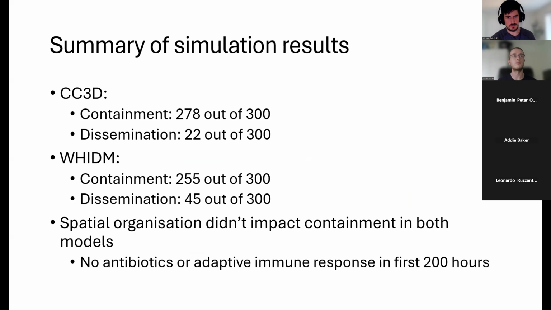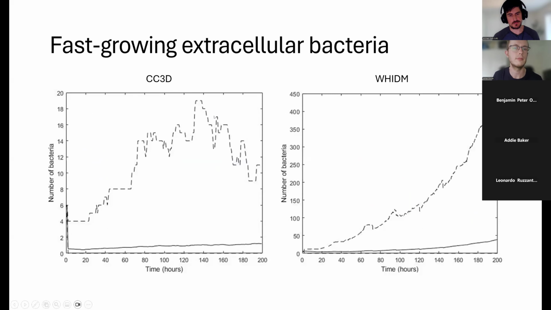So our hypothesis, therefore, is that these are the main things that will make spatial organization important in determining whether containment or dissemination occurs, rather than just the initial innate immune response and how easy it is for newly recruited macrophages to get to the site of infection. So the summary plots of our different bacterial populations